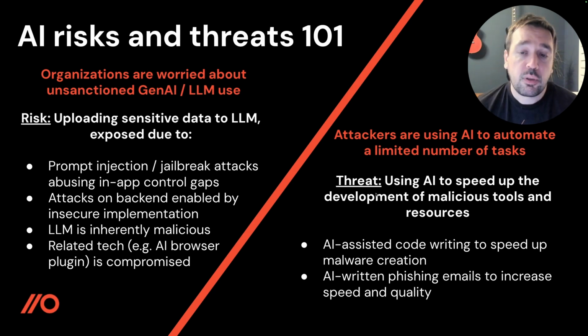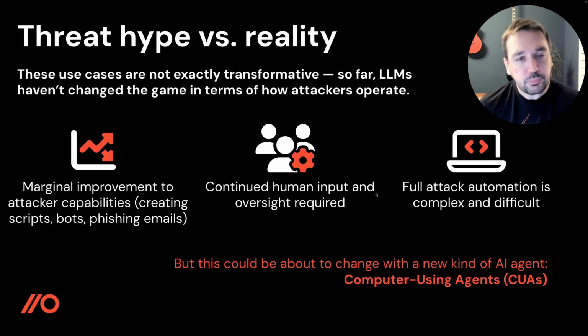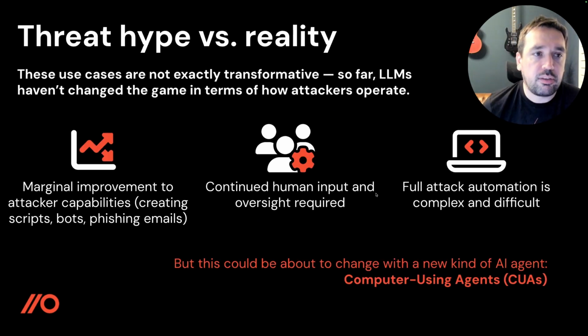The other area of risk, and really where we're focused today, is that people considered, well, how are these things going to accelerate cyber attacks? I think people were thinking there's going to be this amazing phishing going on now, and all this super advanced malware generated automatically by LLMs that's going to kill EDR and AV, or at least that was the hype side of it. I think we've definitely got a hype versus reality issue that's come out in the last year or two. So I think both of those things have been overblown to some extent, but we'll focus on the attack automation side. Realistically, we've seen more marginal improvements here.